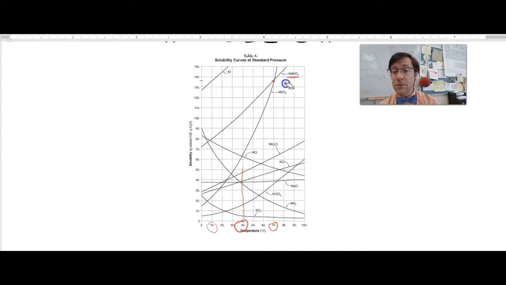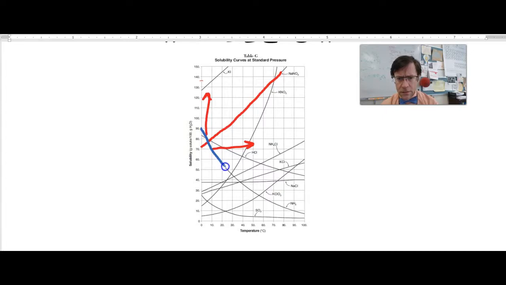Now, sodium nitrate is a solid. And one way I can tell is if you look at this line, it's going up with temperature. In other words, as the temperature increases, the amount of stuff that I can dissolve, the solubility, increases. You got it? Now I want you to lay your eyes on this thing right here,